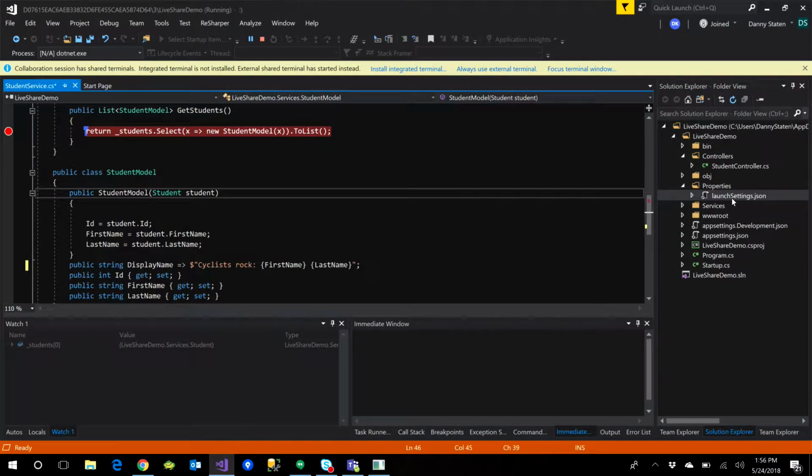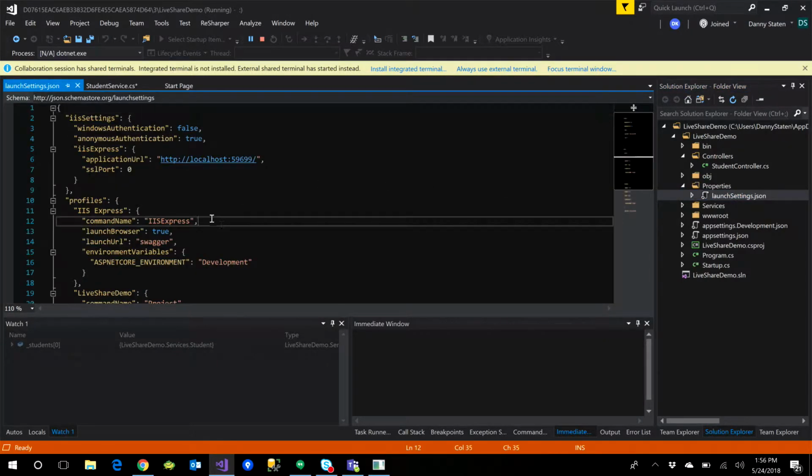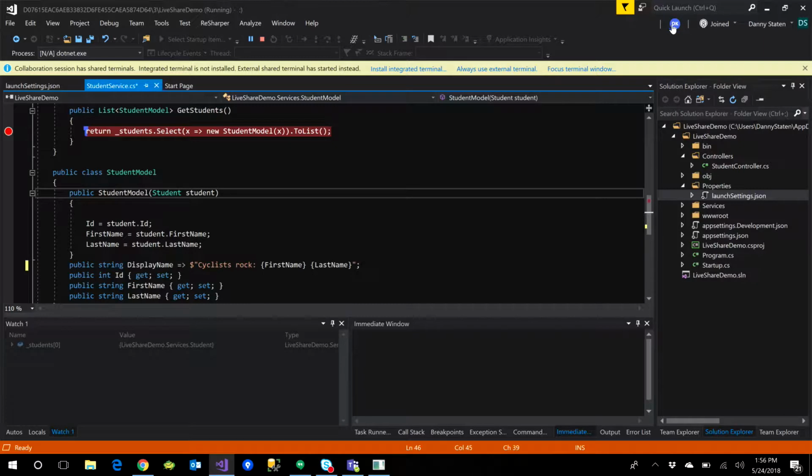So now I'm looking at launchSettings.json, and let's say I'm looking at this file. If I find something there and I want to show that to Dennis, I can go like this, and I can say focus participants, and that'll pop a little thing on his screen and ask him to follow. Or if I click that, I'm following him, and I think he can click something on his to follow me. So those are great ways you can collaborate.